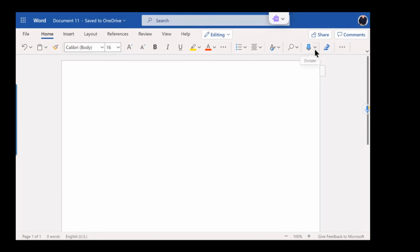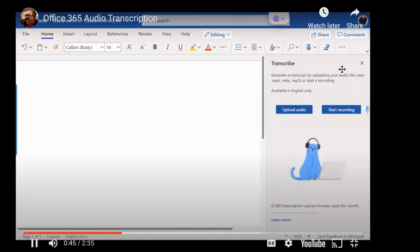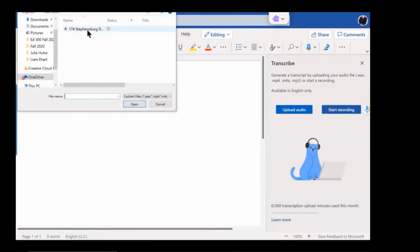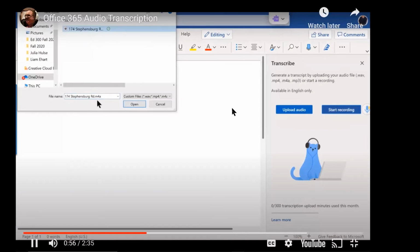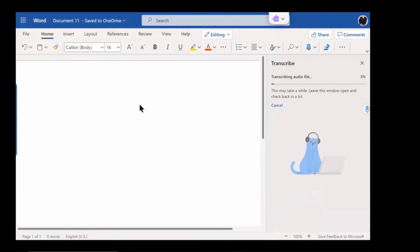I click on the down arrow here, and you can see that I now have dictate and transcribe. I'm going to click transcribe, and now I'm going to upload an audio file that I actually created earlier on my iPhone. As you can see, this is an M4A file, but it will accept WAV or MP4 or M4A or MP3 files. I click open. It's now transcribing the audio, and in a couple of seconds you will see the text